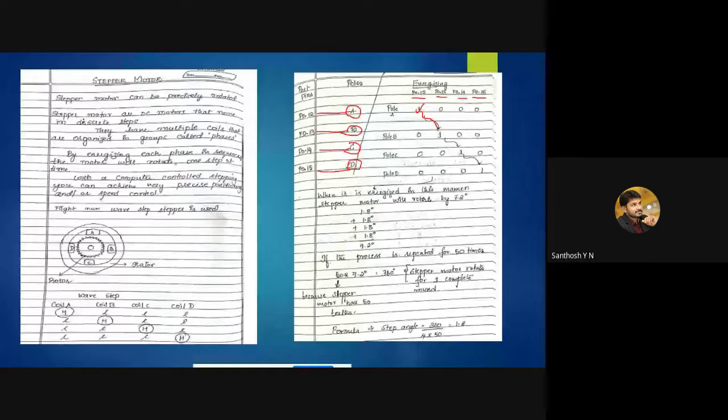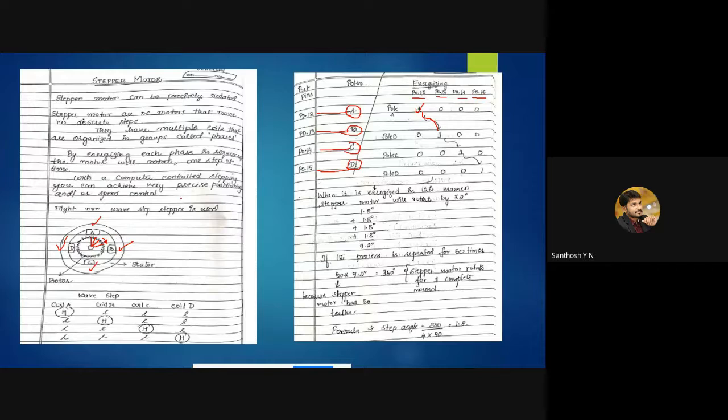If I'm energizing A, the stepper motor will rotate towards A by how many degrees? Only 1.8 degrees. If I'm energizing B, the stepper motor will rotate towards B only 1.8 degrees. Likewise for C, only 1.8 degrees, and for D, only 1.8 degrees.